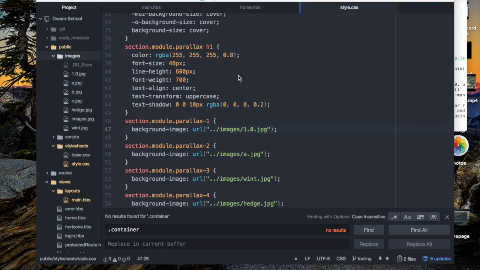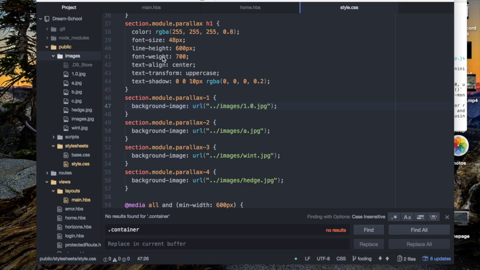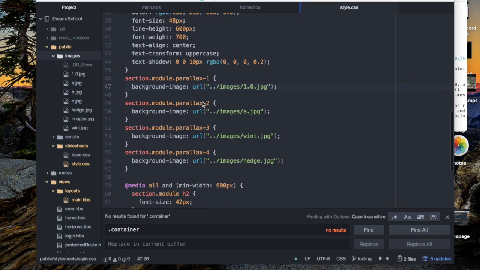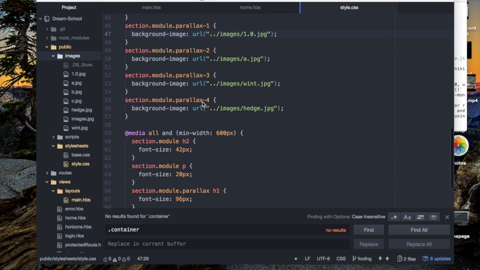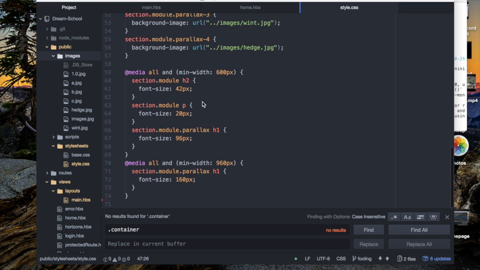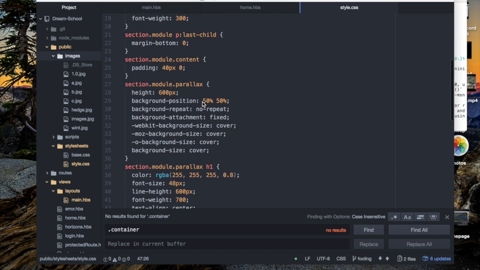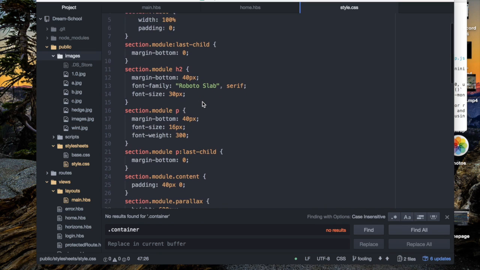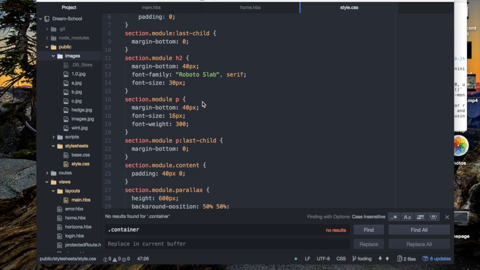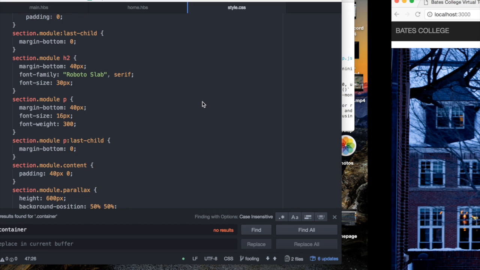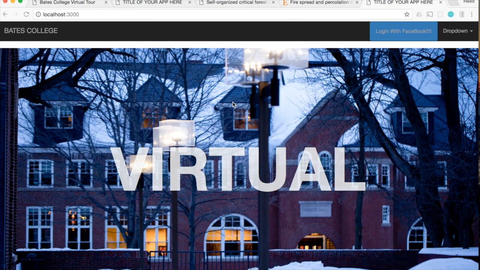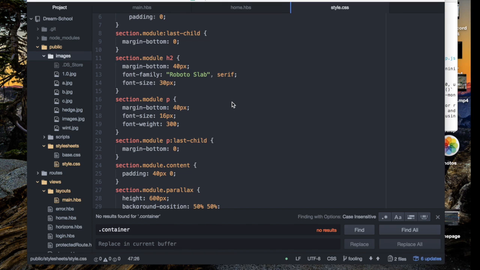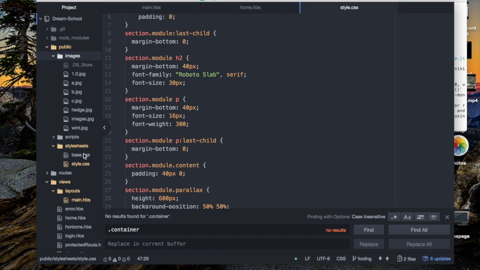Basically, I just went through and set all of these: color, font size, background image for basically each of the sections. It sort of takes a lot of tinkering with, and one of the technical challenges I ran into was